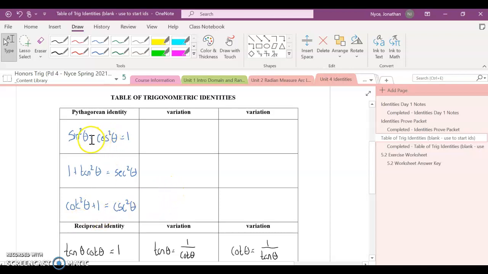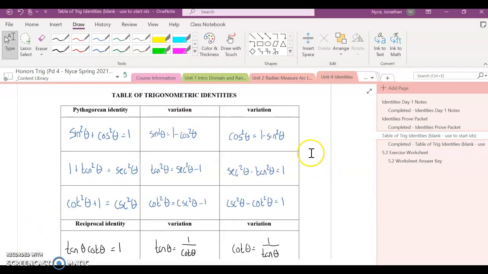And I'm going to just do the variations for those. Basically, for the first equation, I'm going to subtract cosine squared from both sides. That's one of the variations. And I'm going to subtract sine squared from both sides. That's the other variation. Do the same thing for 1 plus tangent squared equals secant squared, and cotangent squared plus 1 is equal to cosecant squared. So if you want to pause it and try those, you can. And then when you unpause, I'll have... Alright, so there's the